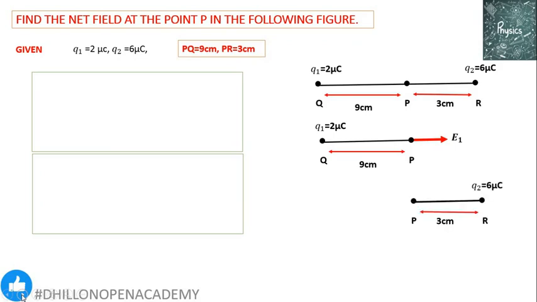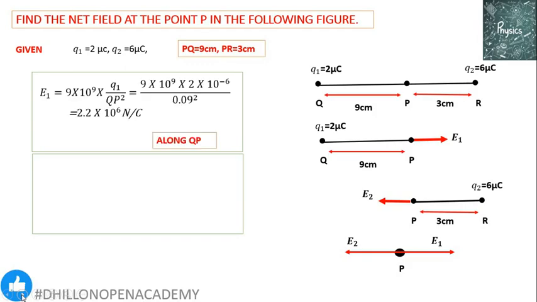Similarly, now we want to indicate the direction of the electric field of Q2 only at the point P. Again, we place test charge plus Q0 at the point P. Because Q2 is also positive in nature, it is also going to repel it away from it in the direction R to P. So its electric field E2 will also be directed along the same line. If we indicate both electric fields at the point P, we can clearly see that E1 and E2 are pointing in opposite directions. So once we find the numerical values of E1 and E2, by just taking the difference of the two, we can get the net electric field.